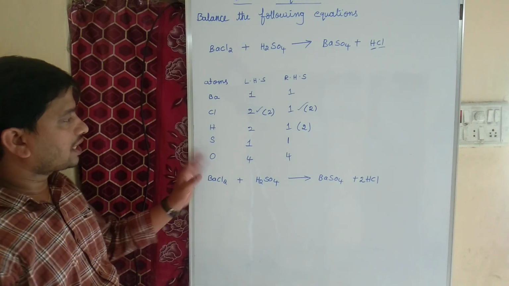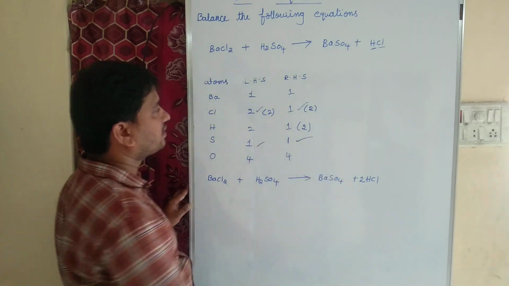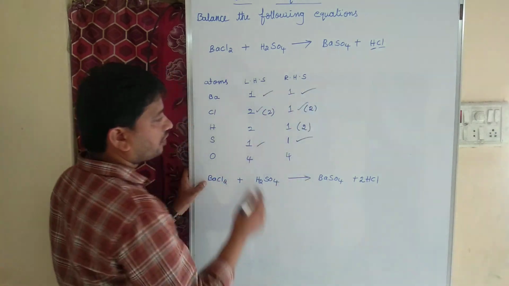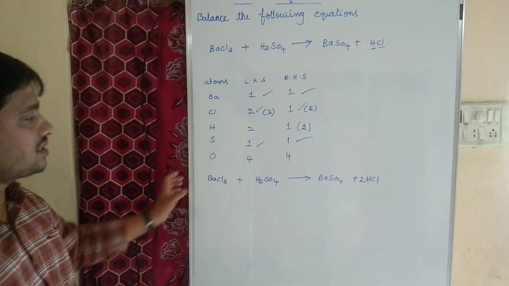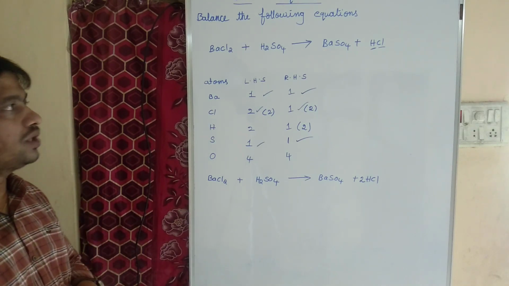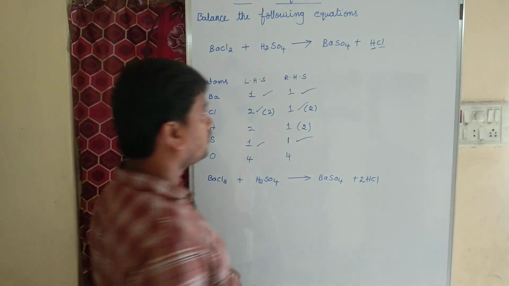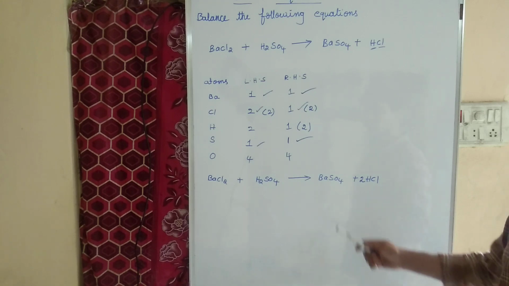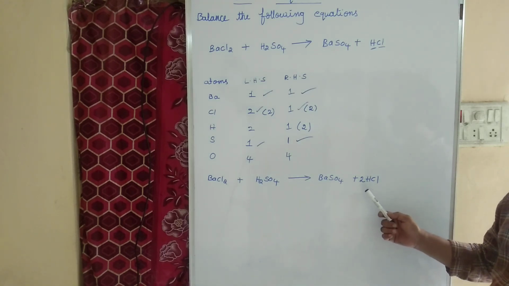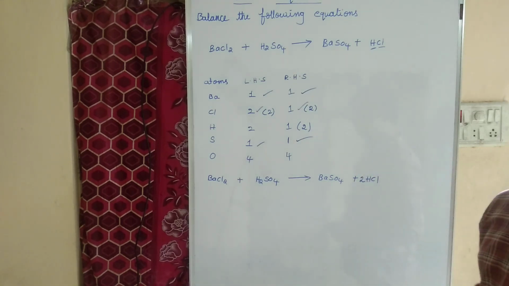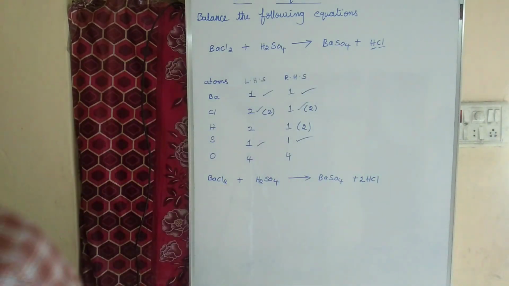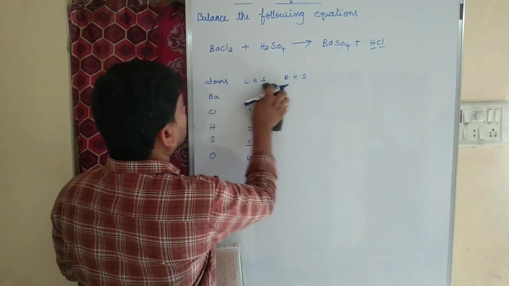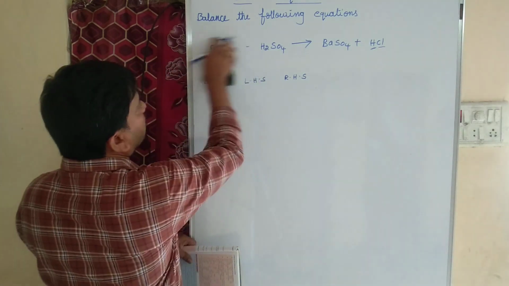Now sulfur is already balanced. Now coming to barium, barium also is 1 and 1. Now everything got balanced. So what is the balanced equation for BaCl2 plus H2SO4 gives rise to BaSO4 plus HCl? That is BaCl2 plus H2SO4 gives rise to BaSO4 plus 2HCl. The only change here is the 2. Children, did you understand how to balance a chemical equation? Okay, let us see a few more equations. By seeing this video, you must get minimum.